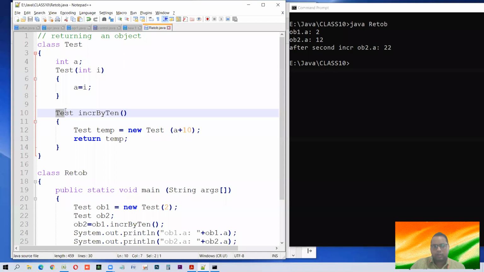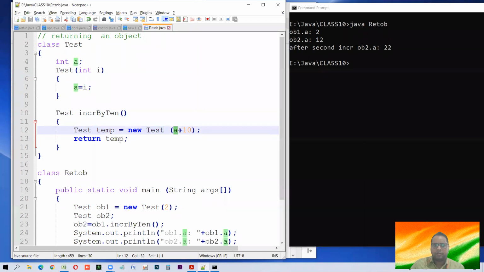Because here we are writing to return test type data. If we write integer type, we return an integer variable. The same way, if we write a class name, it will return a variable of class, that is the instance of the class, that is this variable temp or any other object. Temp is an object in this case. So what this object is doing, we are simply incrementing the value.